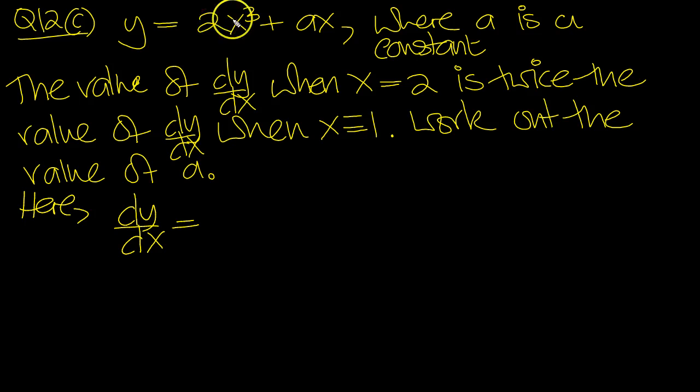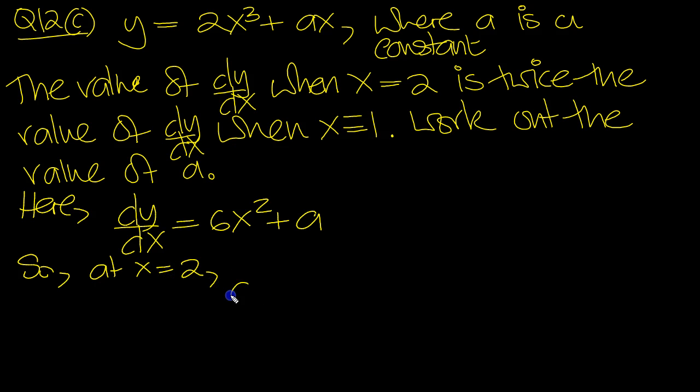Use the power rule. The 3 comes down to be with the 2 to make 6, x to the 1 less, so that's squared. The x differentiates to 1, and there's a lots of 1. So at x equals 2 then, dy/dx is equal to, put 2 in here, 2 squared is 4, 6 fours are 24,